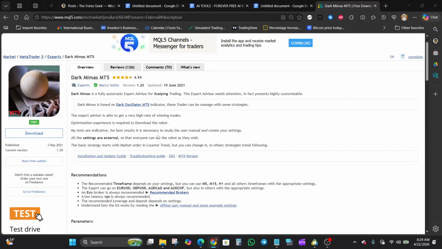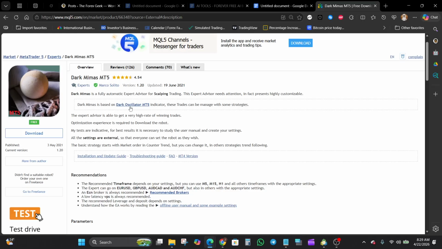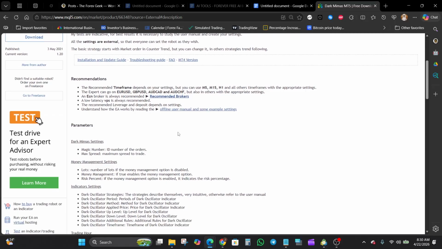So from the description, it is positioned as a scalping system, and it is built around something called the Dark Oscillator. There is actually an indicator known as the Dark Oscillator, and this EA is built around that indicator. It also mentions that some level of optimization experience is required. That is important because it already tells me this isn't exactly a plug and play EA,